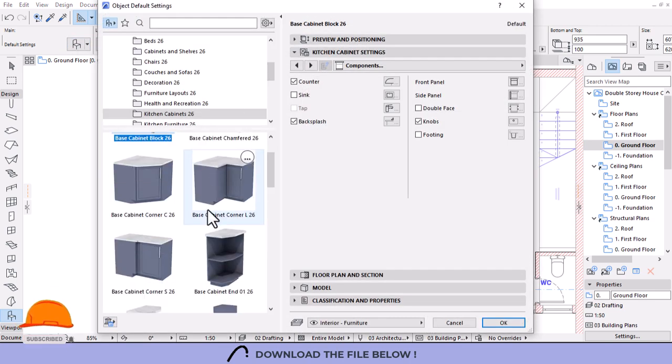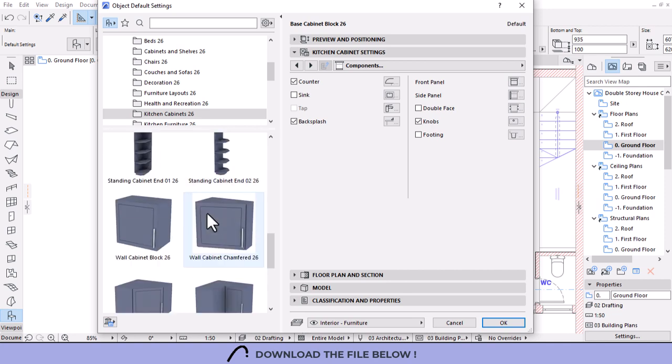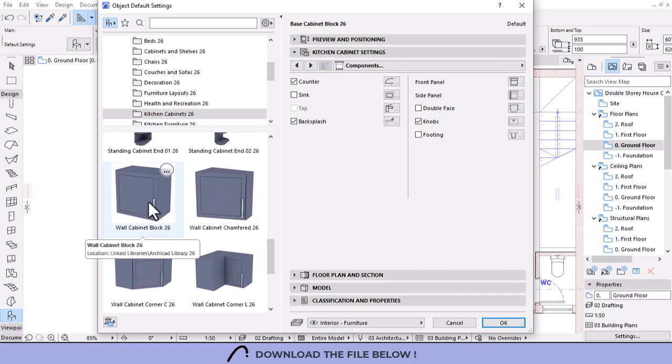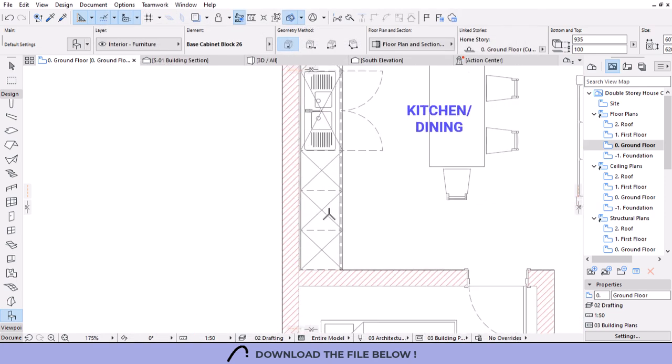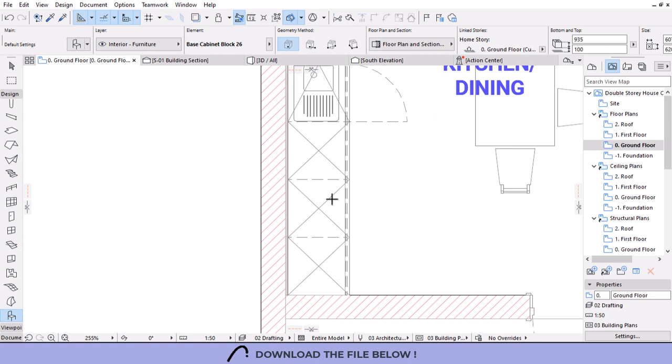This time around we're going to do the wall cabinet. I'm going to select this. So to keep the parameters or the settings of these ones, we've already set your line types, your line weights, your everything. So what we need to do is just to